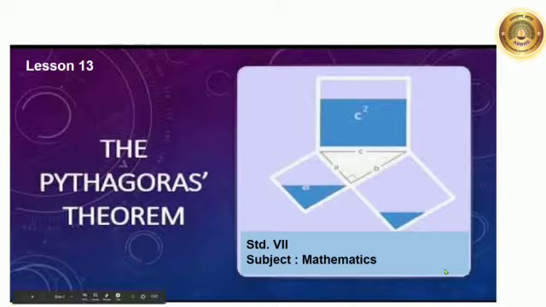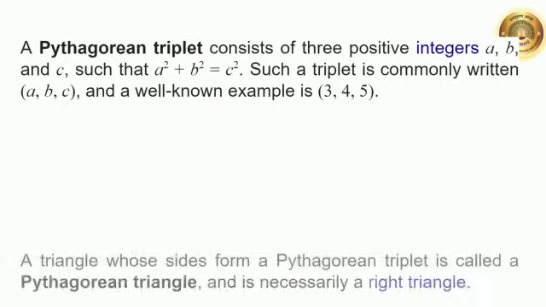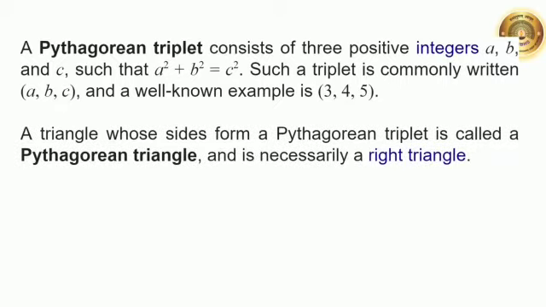Today let us study what is meant by a Pythagorean triplet. A Pythagorean triplet consists of three integers a, b and c such that a square plus b square is equal to c square. Such a triplet is commonly written as a, b, c, and a well-known example is 3, 4 and 5. A triangle whose sides form a Pythagorean triplet is called a Pythagorean triangle and is necessarily a right